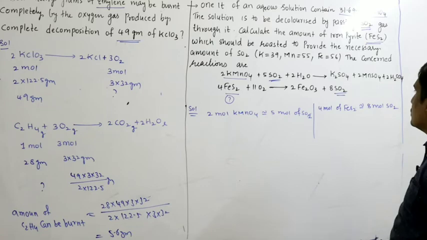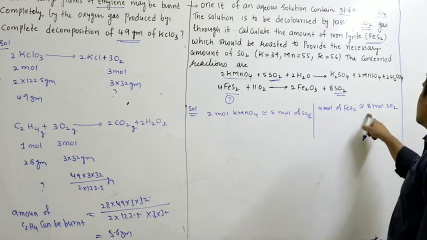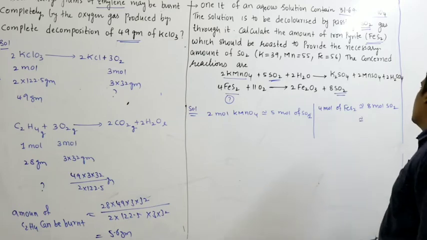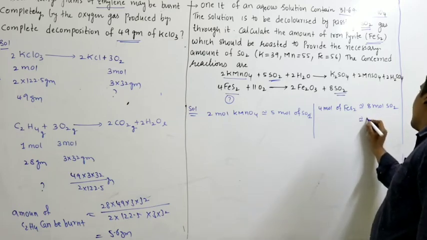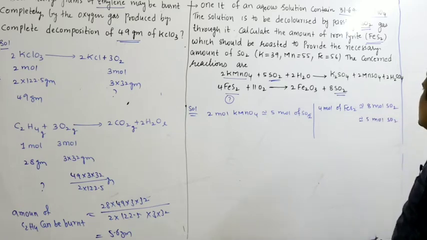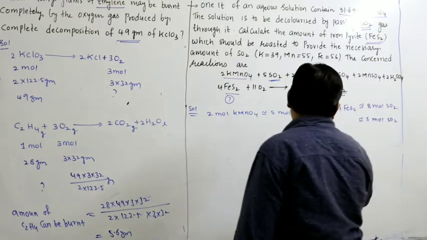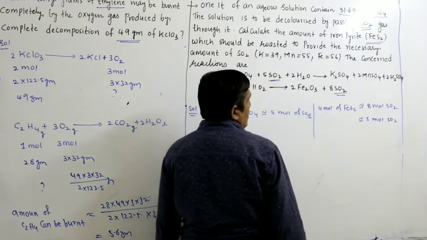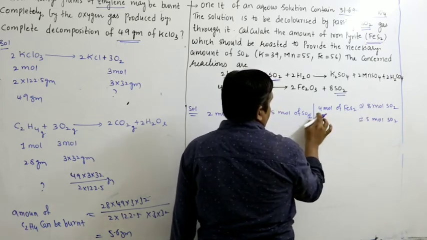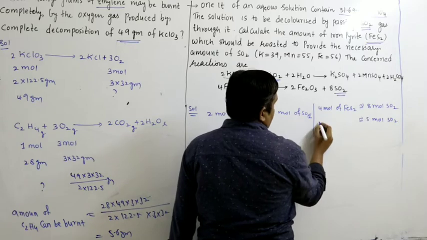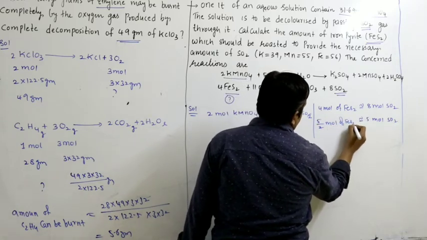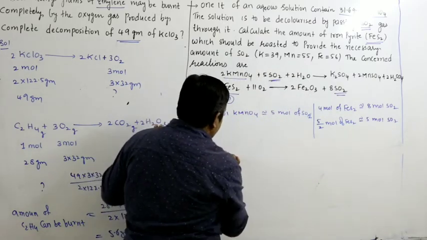So we require 5 moles of SO2. So 8 moles we know. For 5 moles how much, let us write. So for 5 moles of SO2, it becomes 5 by 8. If I multiply with 5 by 8, 8 will 5. So here also I have to multiply with 5 by 8 for 1. So we will get 5 by 2 moles of FeS2.